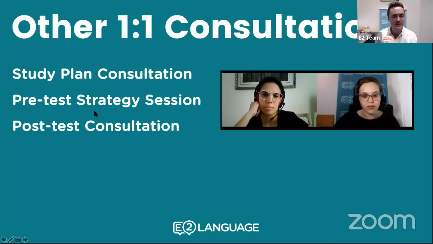We also offer a pre-test strategy session. These are very helpful. I've taken these tests a number of times for research purposes. And I always feel like the night before you take the test that you think, oh, I don't know the answer to that question. So the idea of a pre-test strategy session is that you book it a few days before or a day before you take your exam. So you have 15 minutes one-on-one with the teacher just to ask any last-minute questions and get rid of your doubts. What do you do to doubts? Squished, squashed, something like that. You get rid of your doubts.